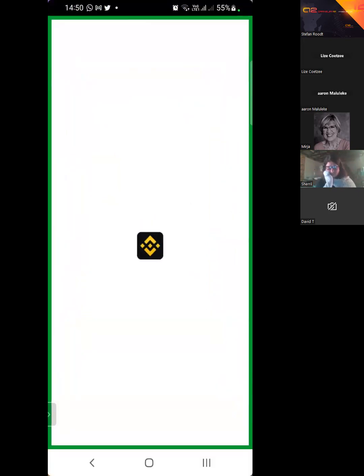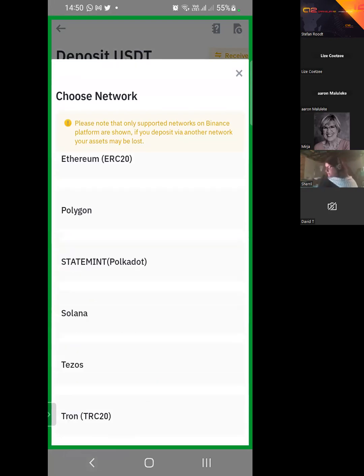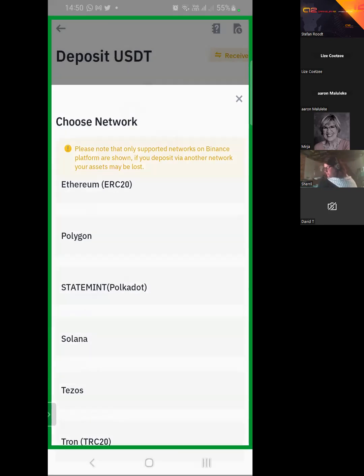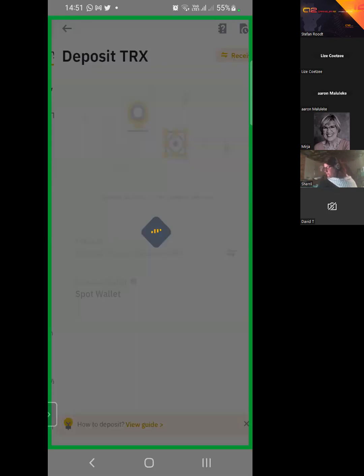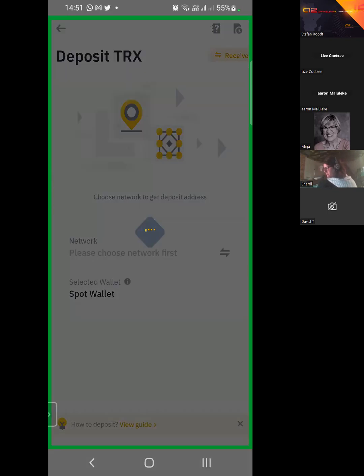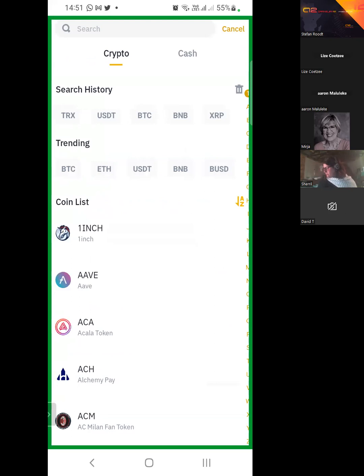So the same, if I go back to the TRX, that is the same network, Tron network. You copy that address on a deposit, and then you go back and paste it. So I hope that this will give a little bit of insight on how easy it is to